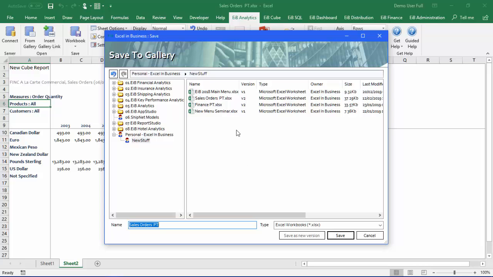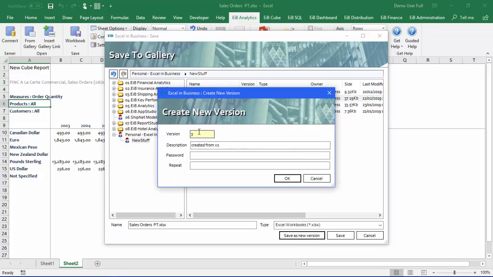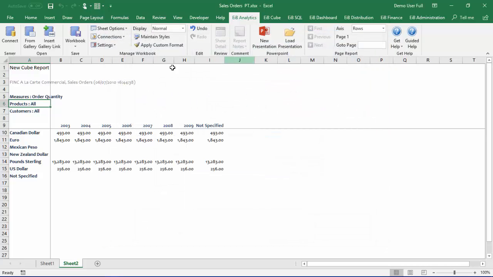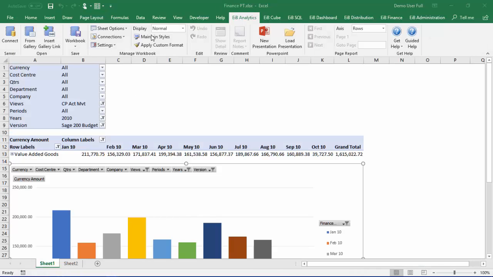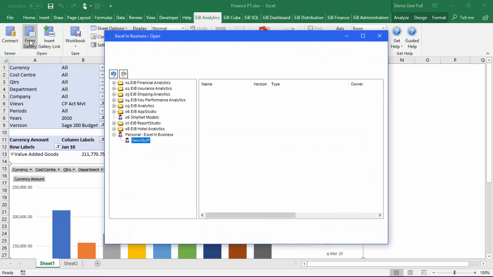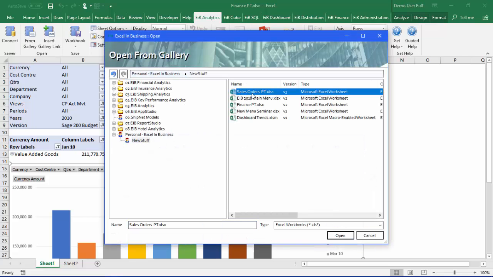If I want to actually save that as version 3, then I click on the name in the gallery and actually then click on save as new version, and here you'll see it will auto generate 3, and it will also give a description saying, well, where did this thing come from? Well, it originated from V2, and I could put in here but made changes to X, Y, Z. And now when I click on OK, it saves that away, and if I close that pivot table and now go back to open that pivot table from the gallery, you'll see now that sales orders pivot table